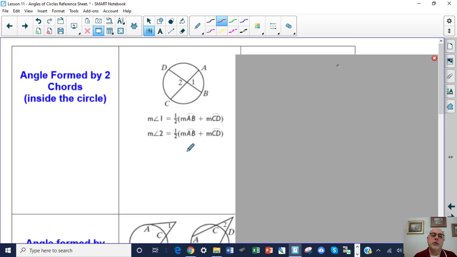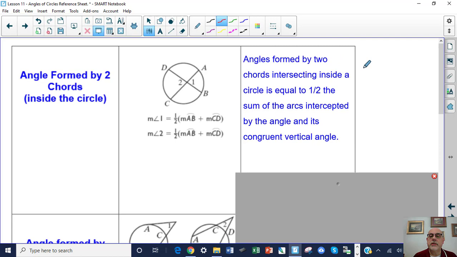Angle formed by two chords intersecting inside the circle. Angle 1 and 2, we know that they are congruent because they're vertical angles. They're across from each other. So the way you measure that